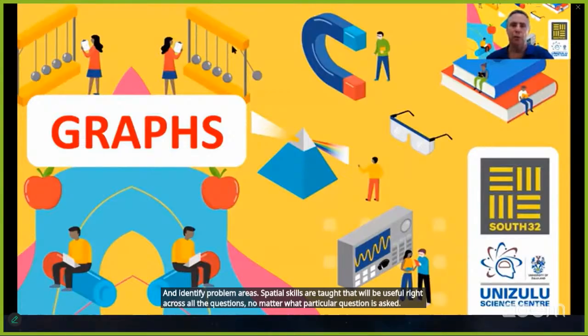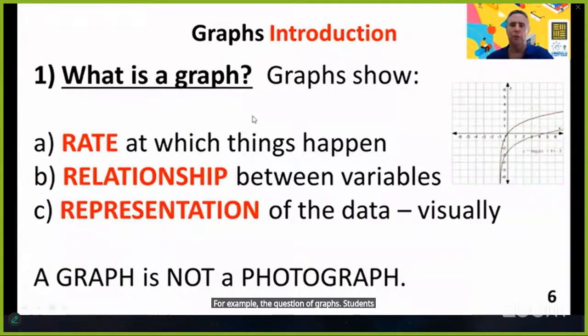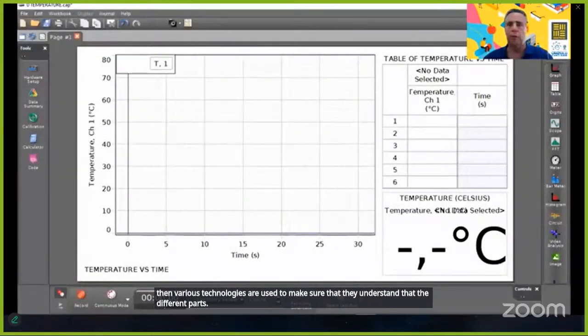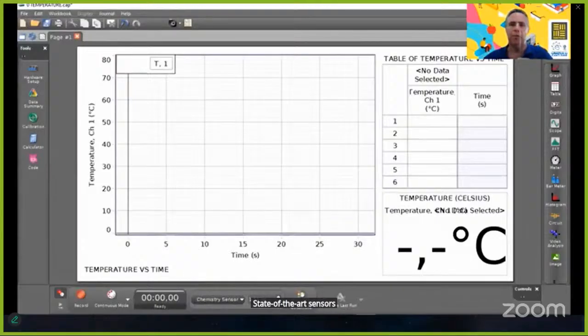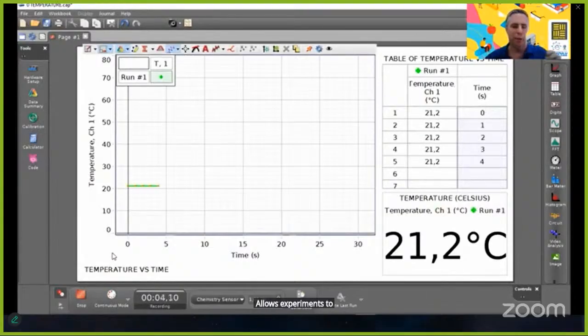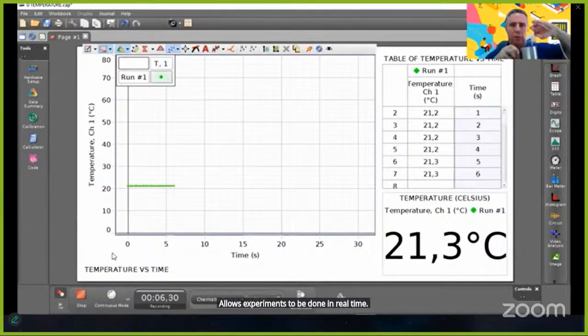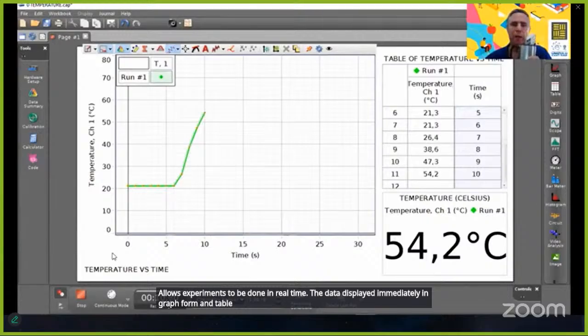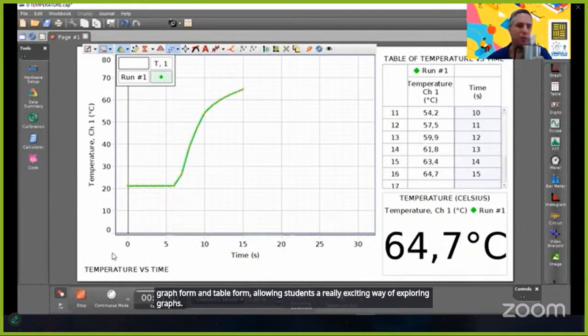For example, the question of graphs. Students are introduced to the idea, and then various technologies are used to make sure that they understand the different parts. State-of-the-art sensors like this temperature sensor from Pasco Scientific, donated to the Science Centre by Perth Industrials, allow experiments to be done in real time with data displayed immediately in graph form and table form, allowing students a really exciting way of exploring graphs with the sensor in hot water